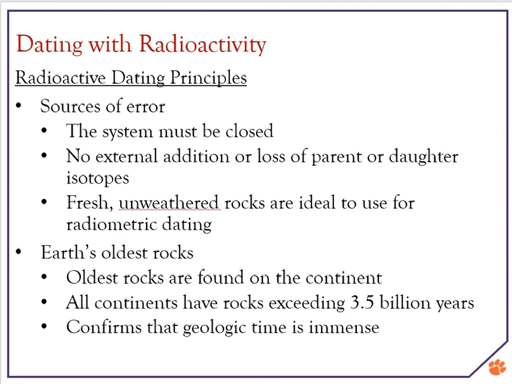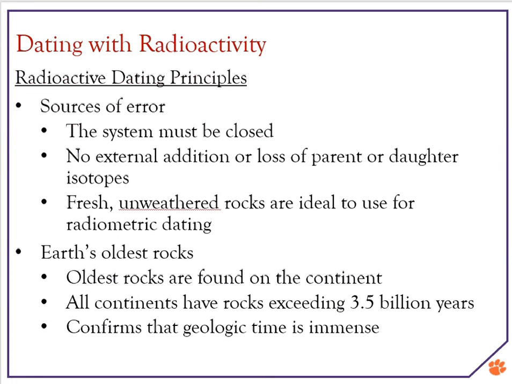And as I said before, dating with radioactivity is a very delicate process. There are a lot of sources of error. First of all, our system must be closed. As I mentioned before, we shouldn't have any external addition or loss of parent or daughter isotopes. We also need to use fresh, unweathered rocks